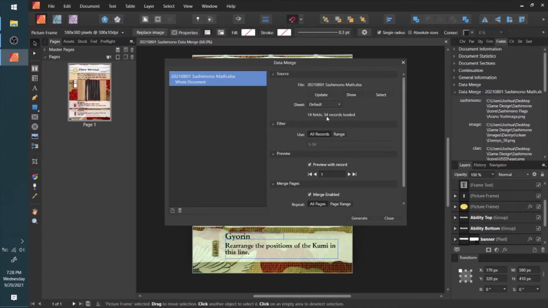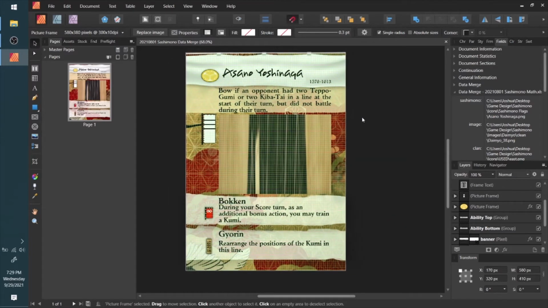And in this case, there's 14 fields and 34 records. So this means I have 14 columns and there's 34 rows, which means each row is one card. So there's 34 cards here. From there, once you've set it to the preview mode, if you select, you can basically draw a picture image